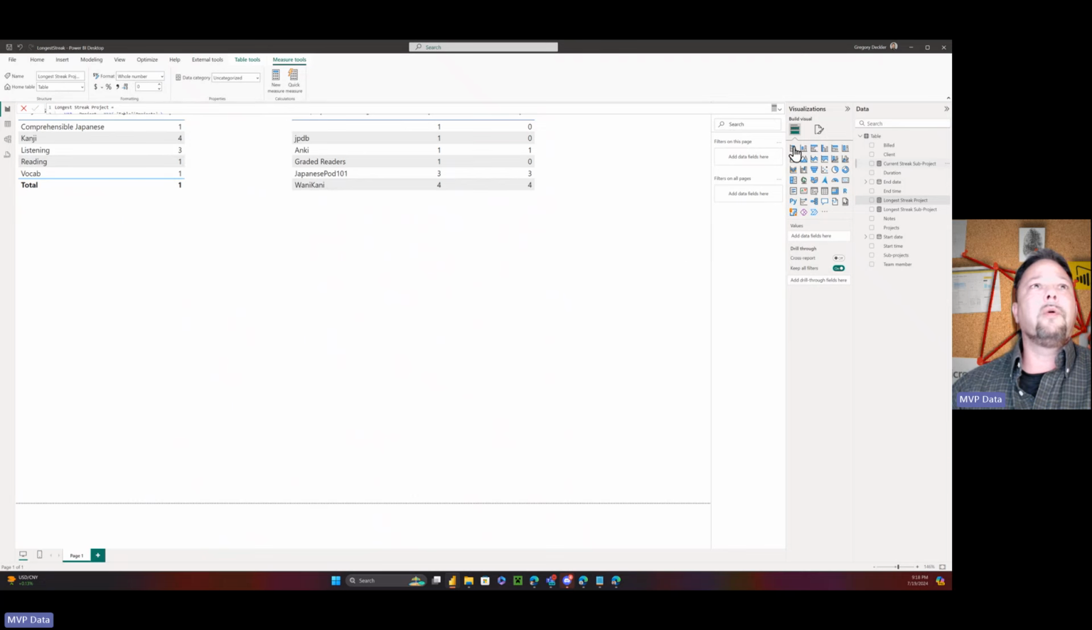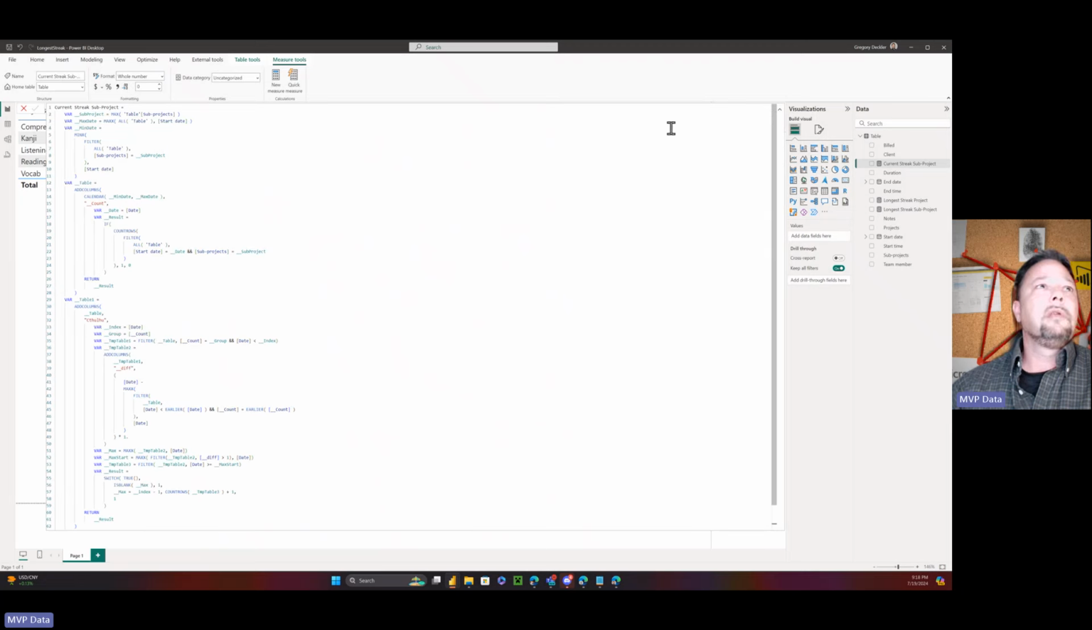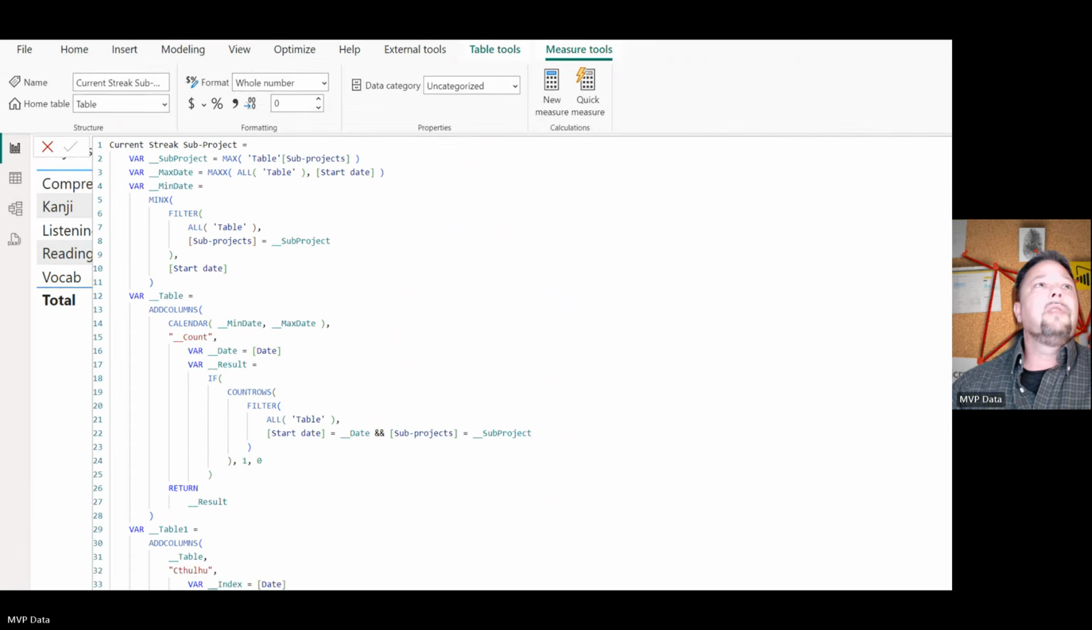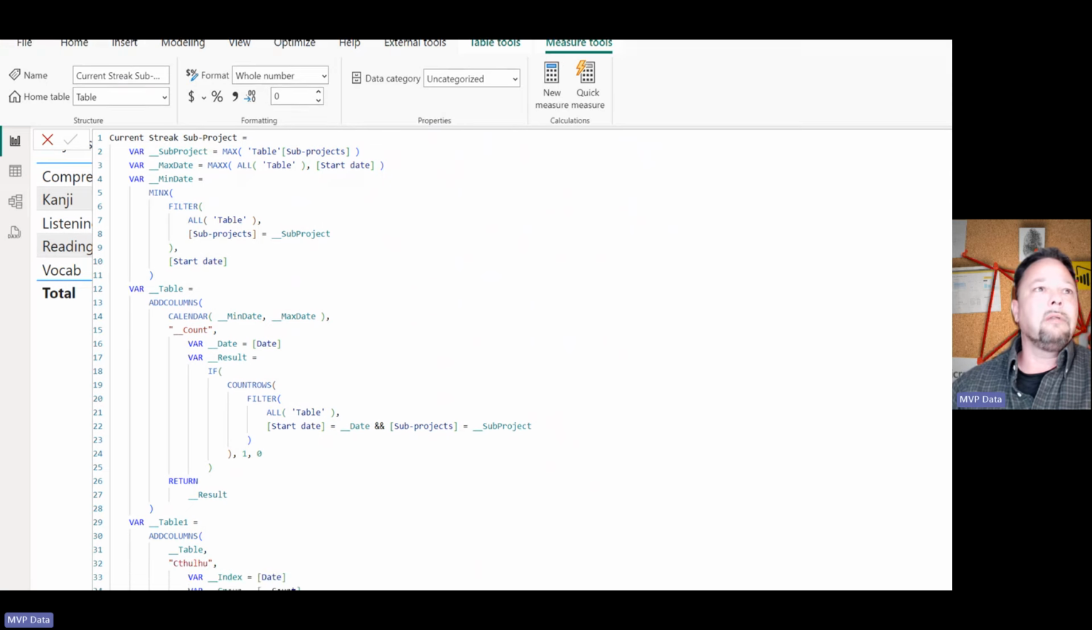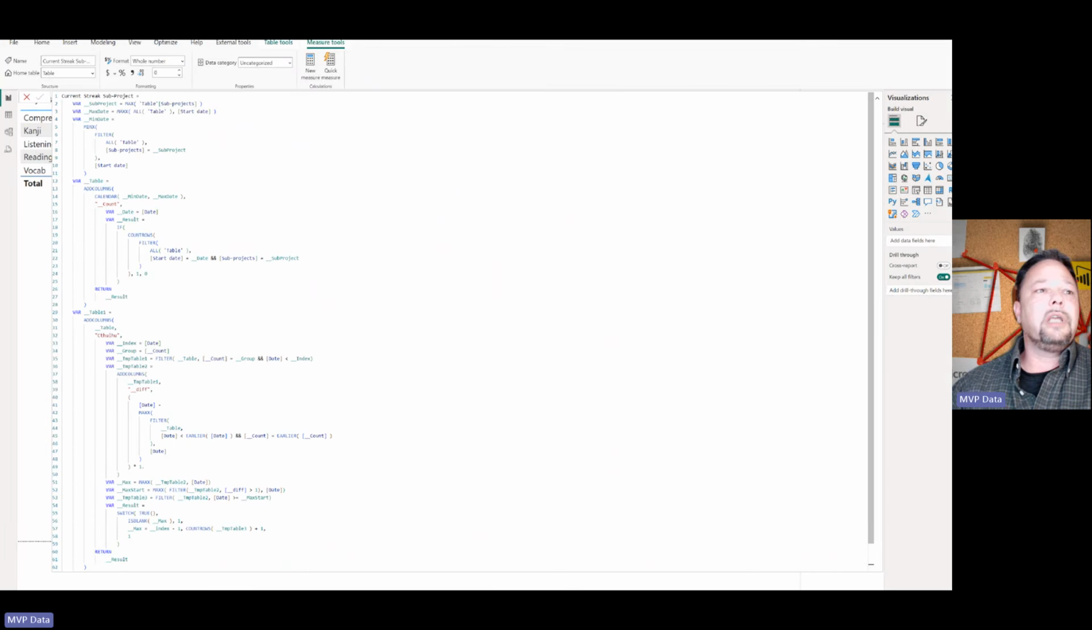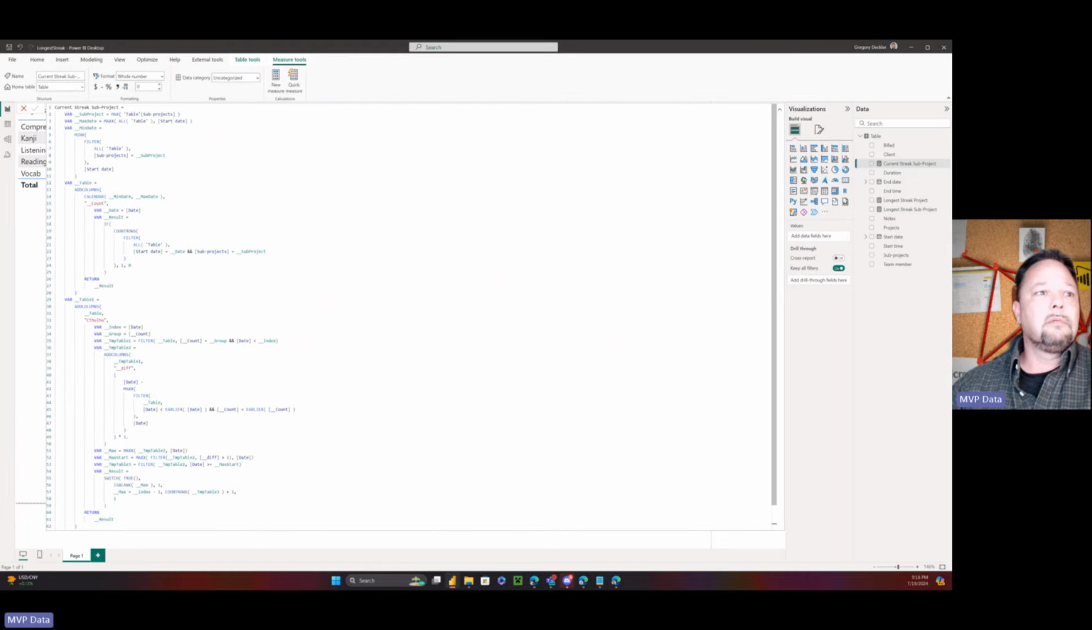All right, current streak. What does that one look like? It's incredibly similar. In this case, I'm defining current as the maximum start date within the data set. You could also do it as today, however your data is structured. But basically, you need to know what that is. So I still created subproject. Instead of my max date, I'm doing the max date of all the data table, grabbing the max start date. That is really all that changes until